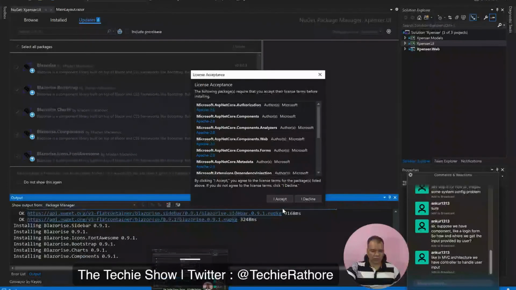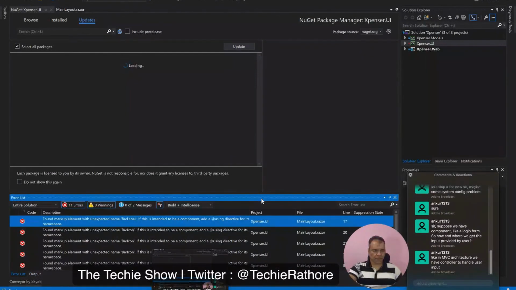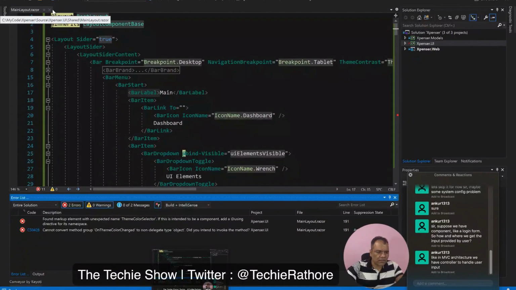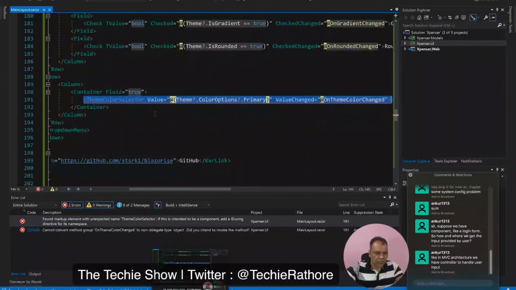I'll say yes, I accept. Everything is updated, and now you can see that there are only two errors coming up. That is that found markup extension, this one.